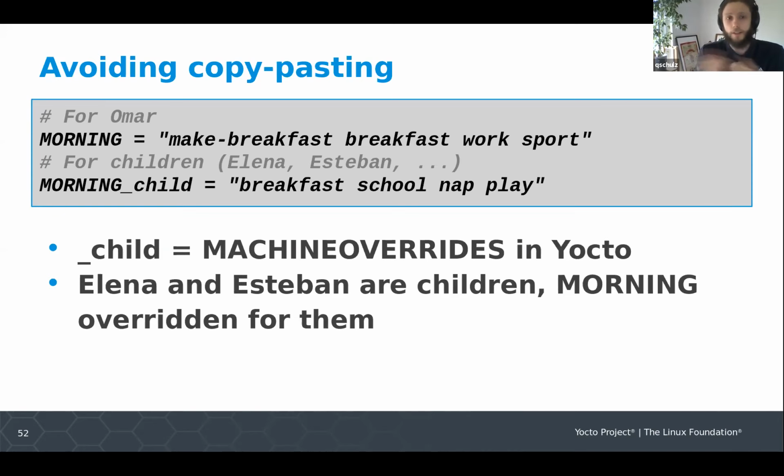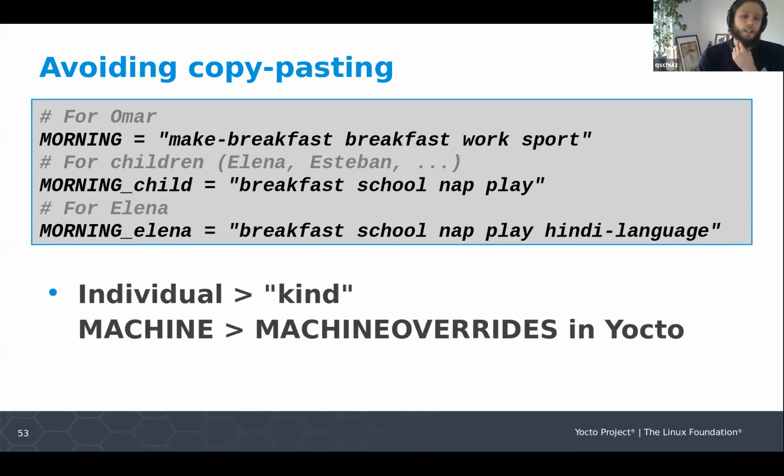And the underscore child is using the same mechanism, but it is, in Yocto terms, a machine override. And since Elena and Esteban are children, morning is going to be overridden by morning underscore child for them. And for Omar, it's still going to be morning. And it turns out that Elena also has lessons for Hindi language. So she now has a slightly different